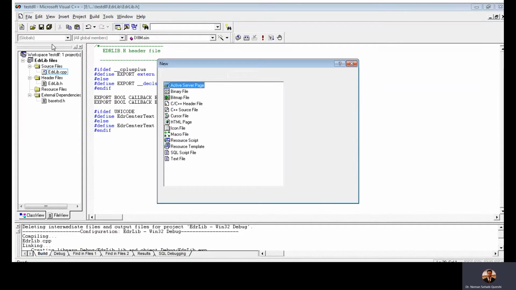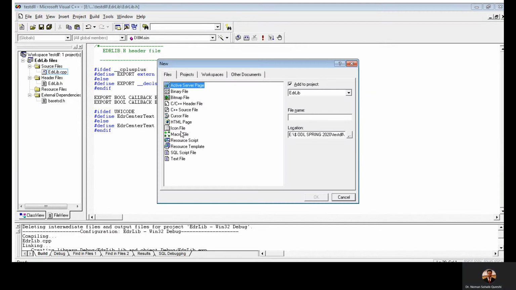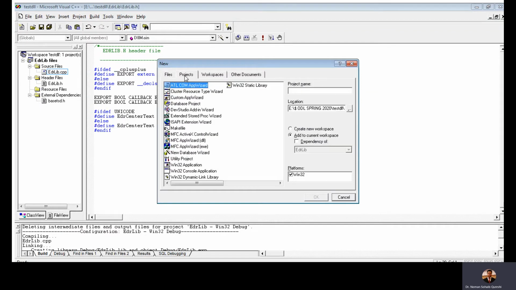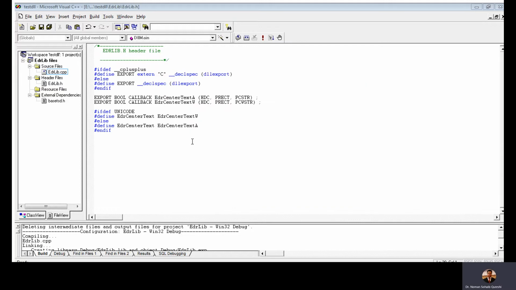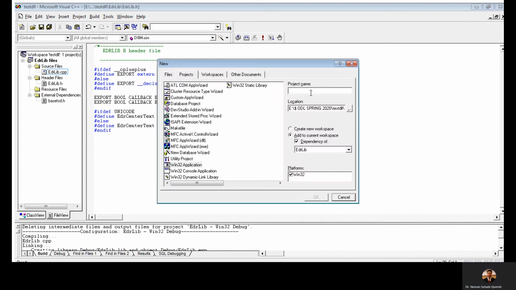So we will go to File, we will select New, and from New we go to the Projects tab, and this time we are going to select Win32 application, add to current workspace, dependency of edrlib, and we will check the name of the project in the book, that is edrtest.c. So we will select edrtest as the project name.